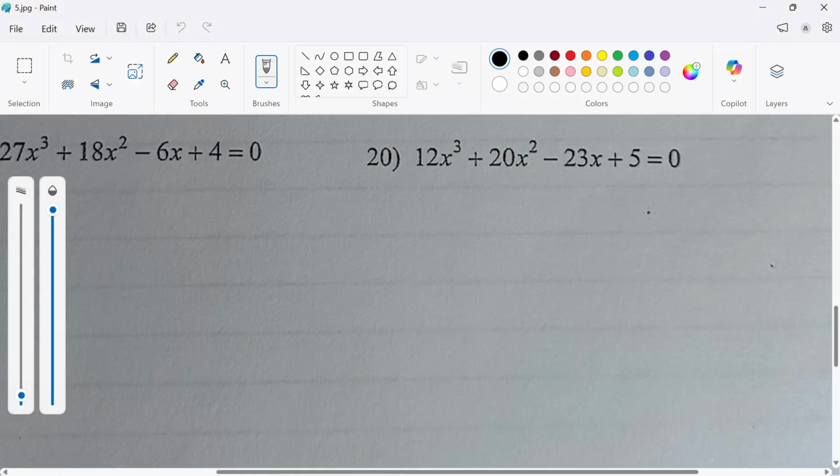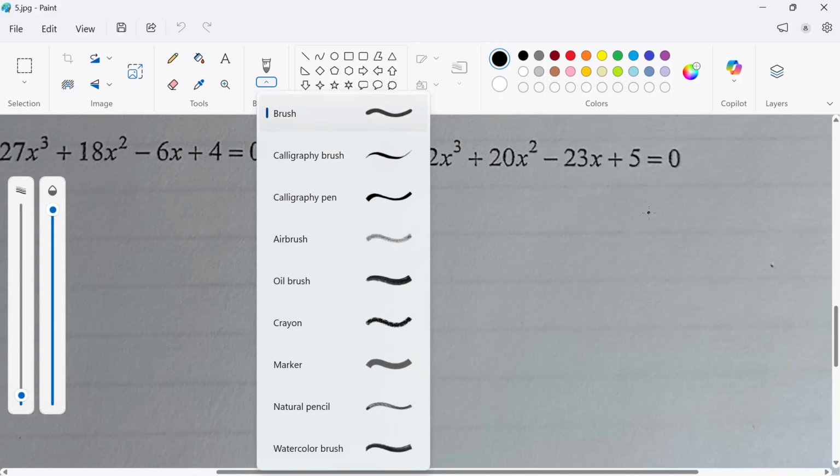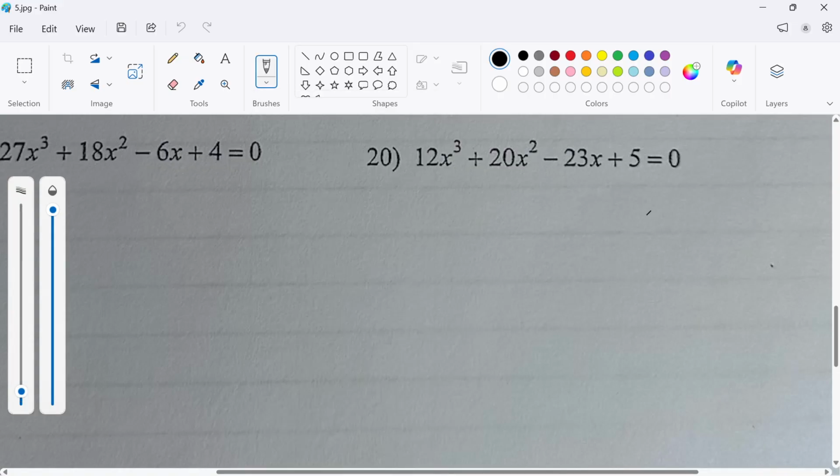This is Algebra 2. I'm asked to find all the roots, x equals whatever, of this polynomial. And I can see I don't have the same ratio. This is 12 to 20, which is 6/10 or 3/5, and this is not 3 to 5. If these were in the same ratio, then I could factor by grouping. Can't factor by grouping, can't divide anything out, so I'm just going to have to use the rational roots theorem,